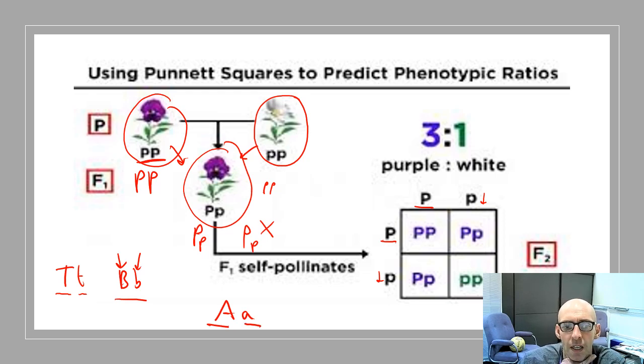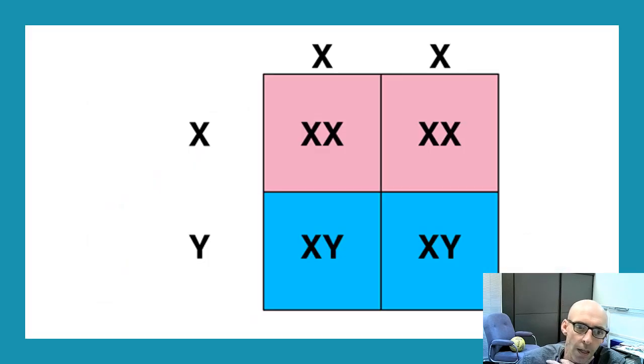So in this case, even though the parents here are both purple, you can still get a white flower off it. And then one that gets named, the one you don't have to know about the peas and the flowers, you do have to know about the theory of it, and you do have to be able to use those diagrams. This is sex inheritance.